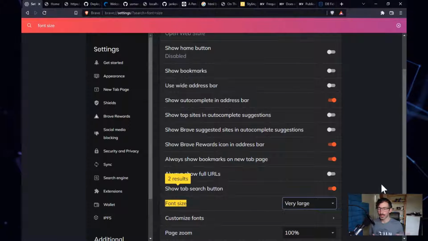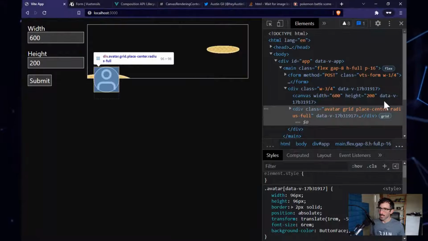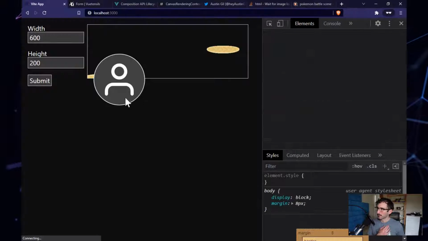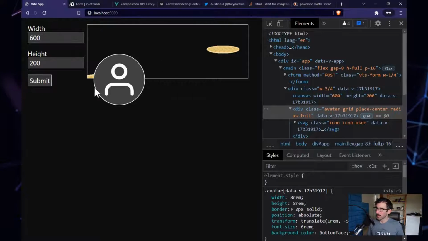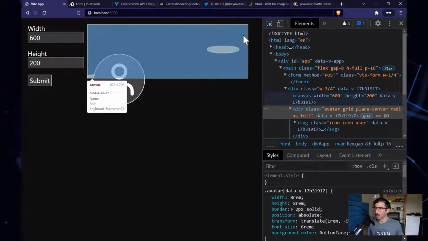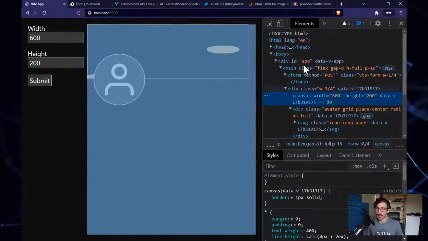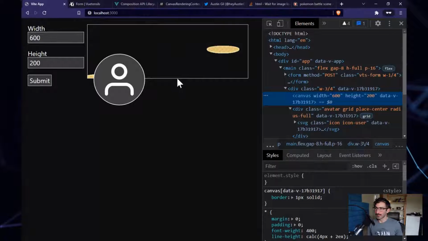Which is better? Well, actually, there was one other point I had to make. If I reload, right now my font size is still large, so everything is large. My avatar here is pretty huge, and my inputs are pretty large. One thing that did not change in size is this border size. You can see that my border is 1 pixel. Regardless of what my font size is, that little 1 pixel border is still 1 pixel. Probably it's a good idea to always use rems. I think if you're going to look for